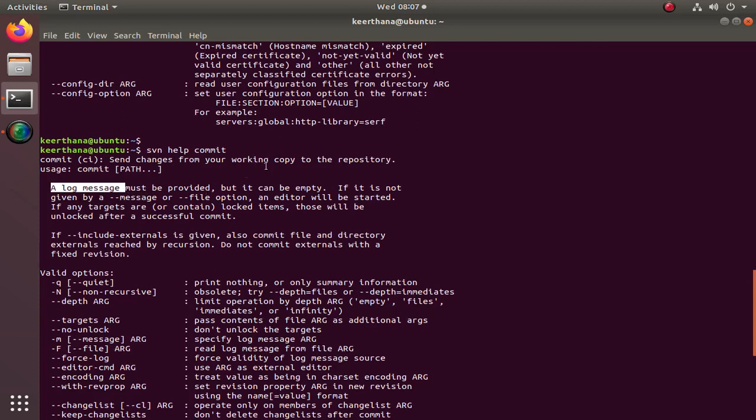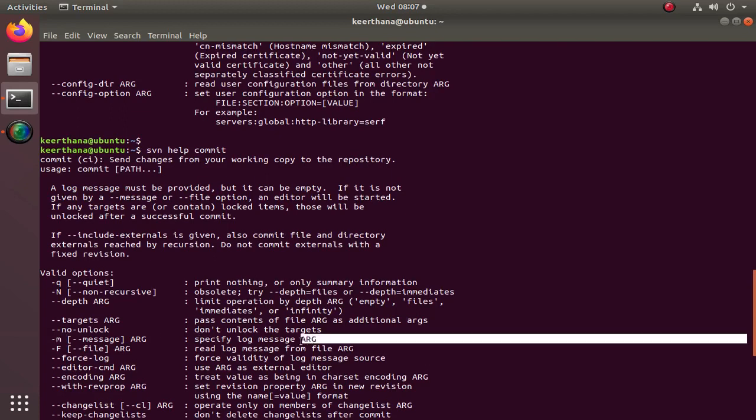If you modified some lines, specify that you modified some lines in that particular file. To specify the log message, you use the option -m, and then the argument, the file you modified, which you have to specify.